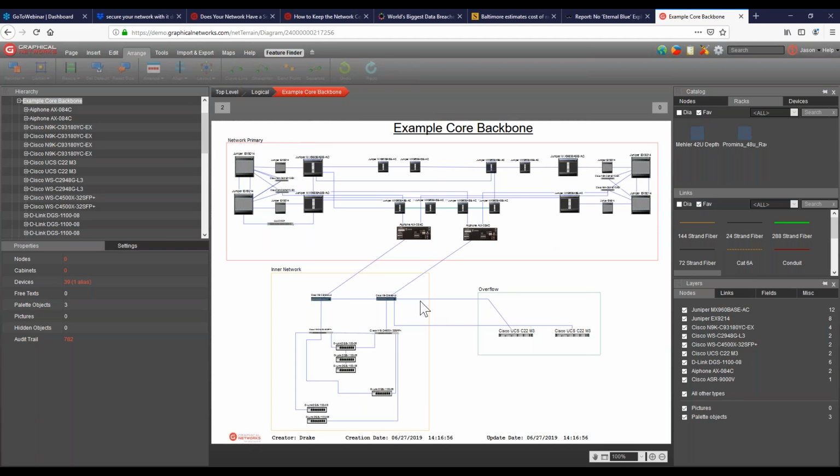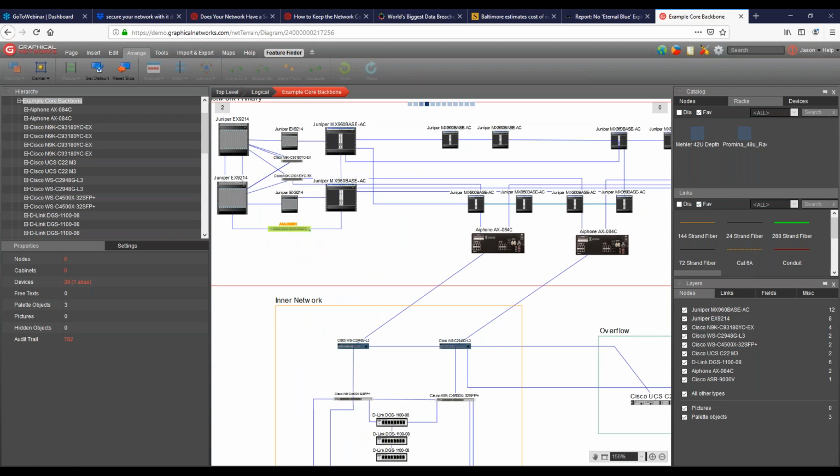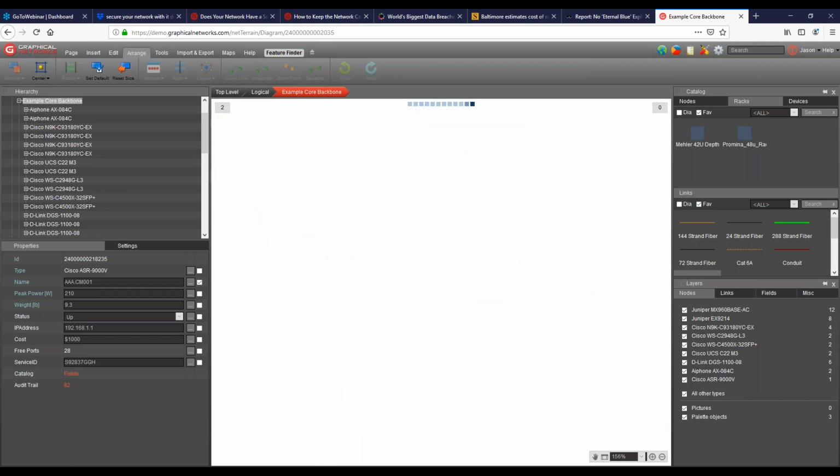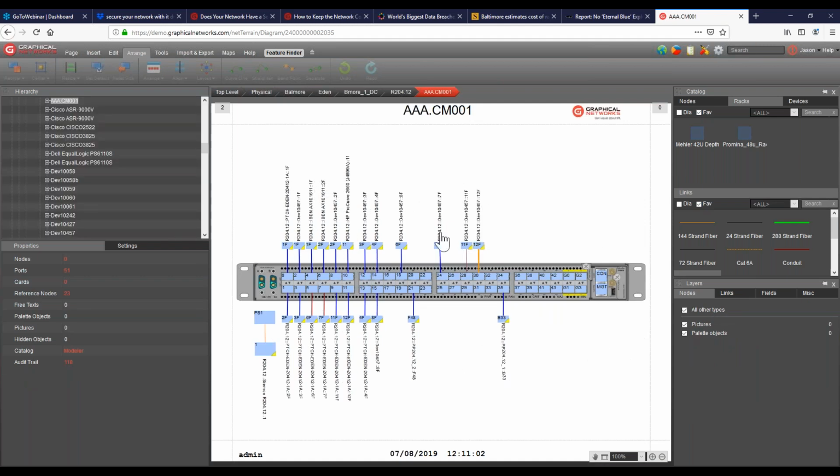And you can take the physical, where you do show things in racks and hierarchies, and put them into the logical as well, and have a relationship between those. What I mean by that is, if you have a device and this device actually lives somewhere, I can look at it in a logical drawing. I can also double click on it and it'll take me to its physical location. We call this aliasing objects out. So I can go back to this device and see the backplane, and this is where it lives. It lives in this rack in Baltimore. It's actually the device we were just looking at.